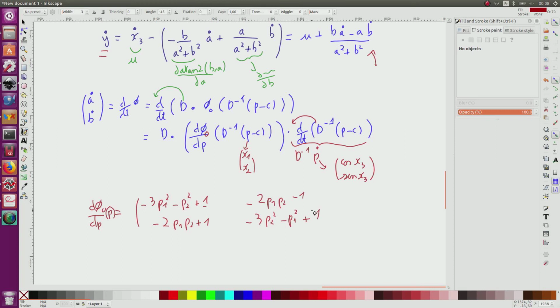So now I have an expression for y dot, and I have also an expression for y, which was given above